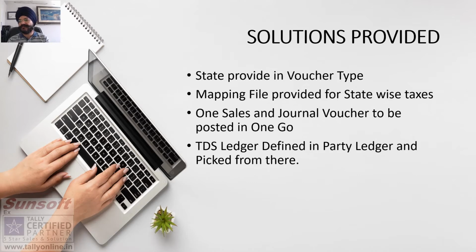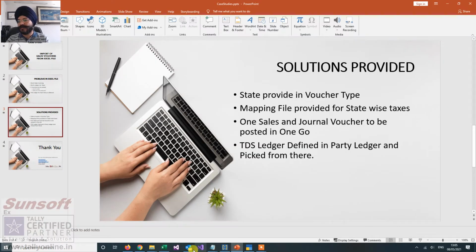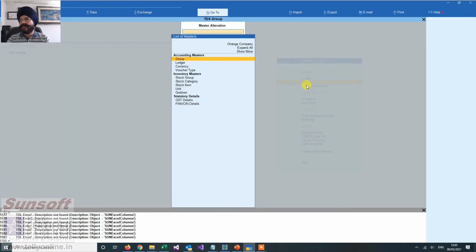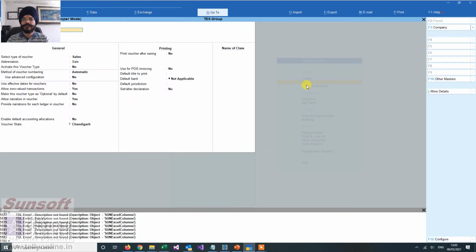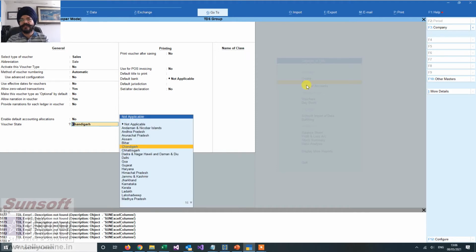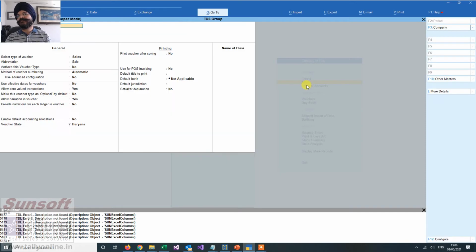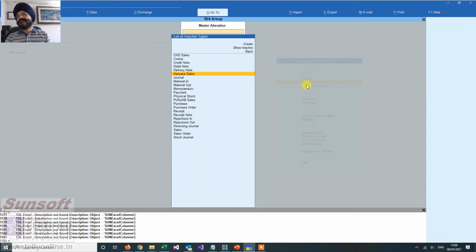That is the first thing we have done. So let us see in Tally how we have done that. When I say alter and voucher type, you see it is showing from which state it is invoicing. An additional field has been entered in the voucher type,